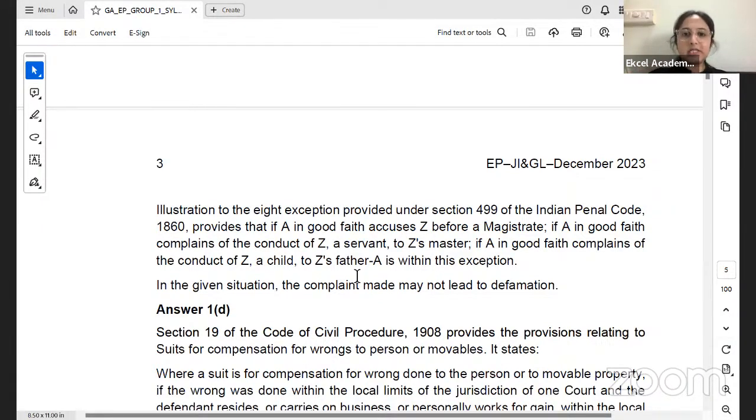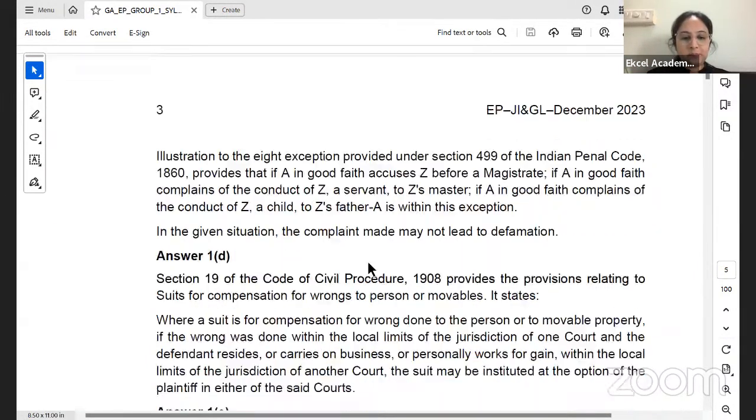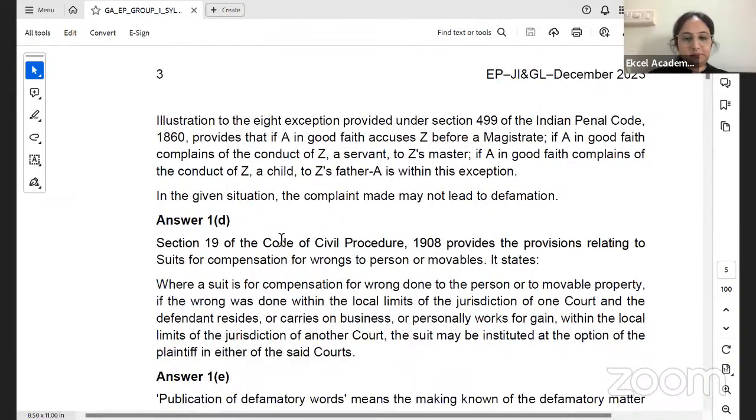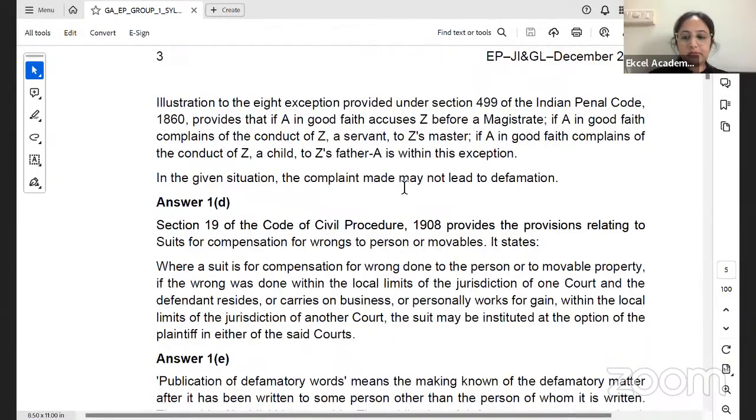But I would suggest that you explain, because they have directly asked about libel and slander. So better you explain that and say that in this case it is libel. But what the institute says is, if you consider it as an exception and write an alternative answer, that will also be considered a correct answer. So you can go through that. They have given an illustration. Okay, next we will go to